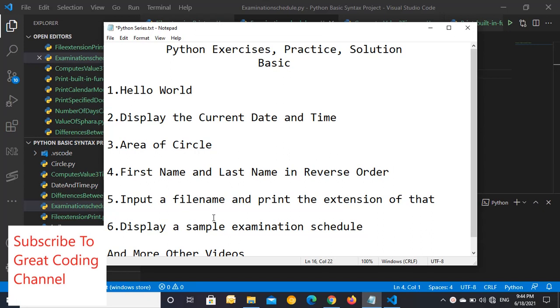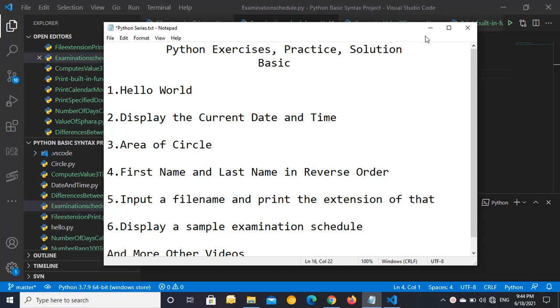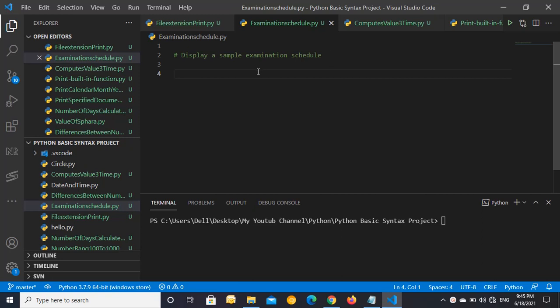So in this video I'm going to show you how to simply display an examination schedule as a message. So let's get started. First you should declare a variable, like I'm declaring exam_date equals to inside date, like 30, okay, very simply, and 2021,